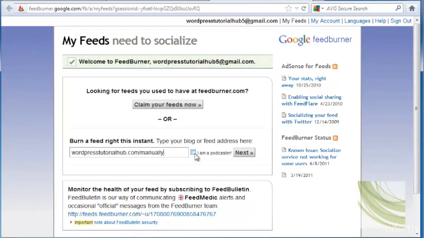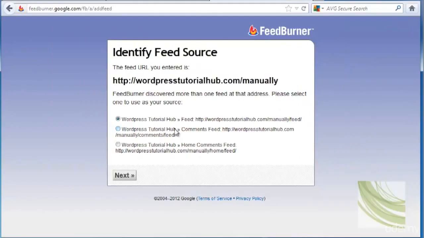If you're a podcaster, you can go ahead and click I'm a podcaster and click the next button. It shows us that it's found more than one feed at my WordPressTutorialHub.com/manually address. So I need to select one of these to use as my source. The WordPress Tutorial Hub at